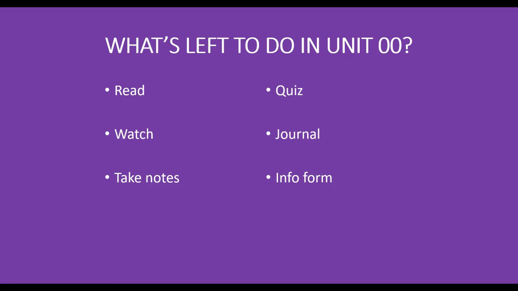Read my journal entry and then write yours, preferably in your own word processor, and then copy and paste it. If you write in the journal entry and it doesn't submit correctly, you have lost it. So that's why I say compose in your own word processor, save it, and then copy and paste it into the journal window. You also need to fill out the info form. You'll have to download it, save it as instructed, name it as instructed, fill it out, and then upload it in the assignment. And I think that is it.